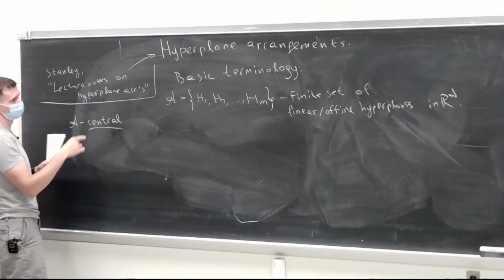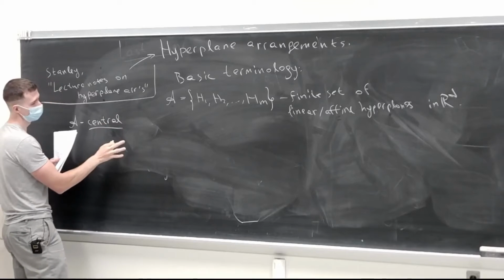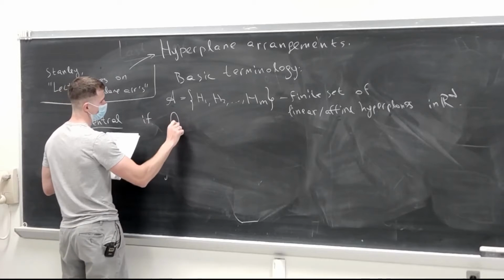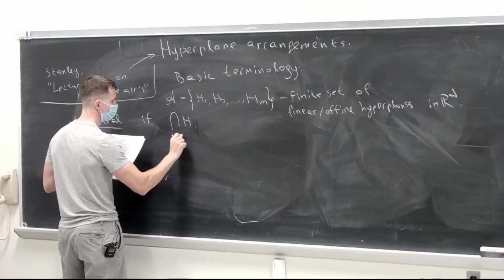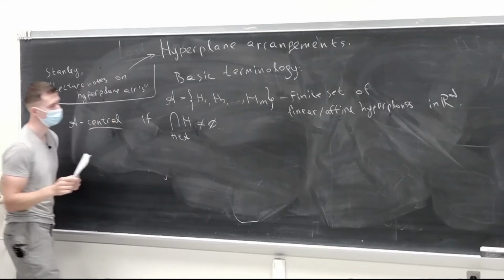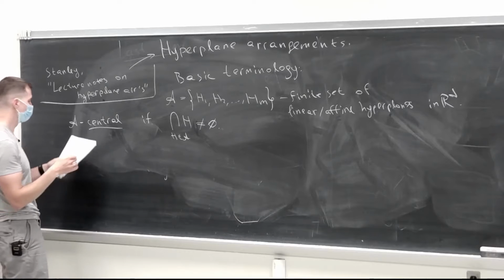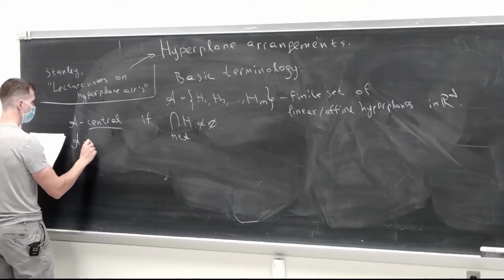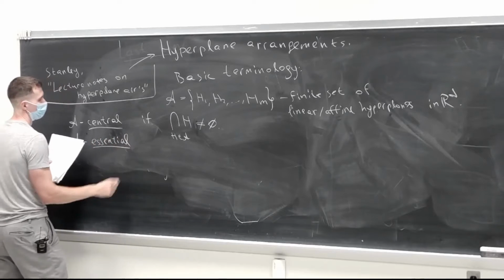And pay attention, because I'm going to use these words a lot. I'm only going to introduce important words right now. So central means the intersection of all hyperplanes is non-empty. They all pass through some point. I mean, they could have a higher dimensional intersection. And actually, there's also a term for that. So A is essential if